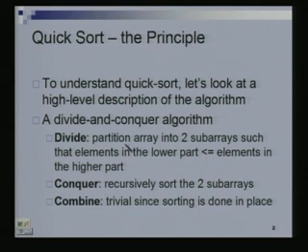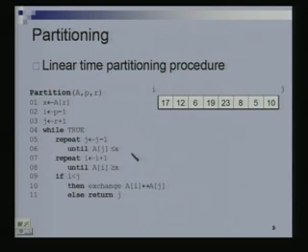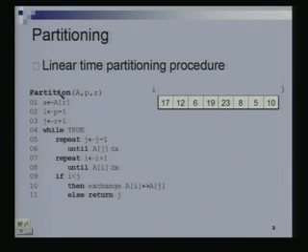We will go one step at a time. We will understand first how this partition is done. We will give an algorithm to do the partitioning, which will be a linear time procedure. The partitioning is done around what is called a pivot element. I will take one of these elements as a pivot, and everything which is smaller than the pivot will be the lower part of the array, and everything which is larger than the pivot will be the larger part.